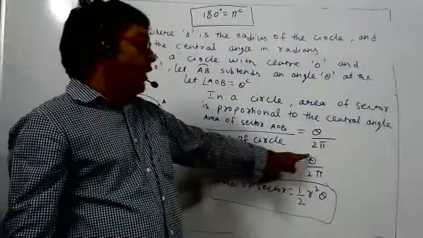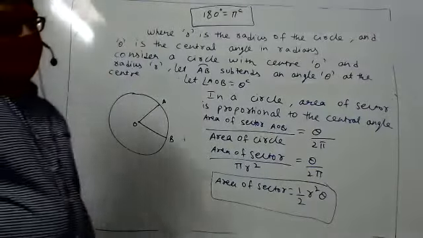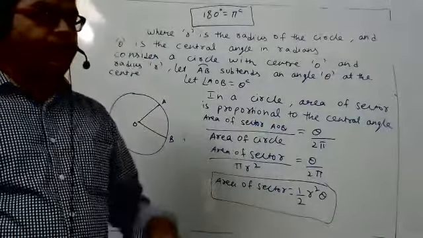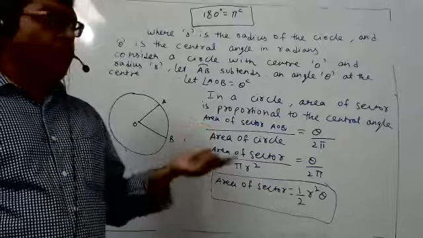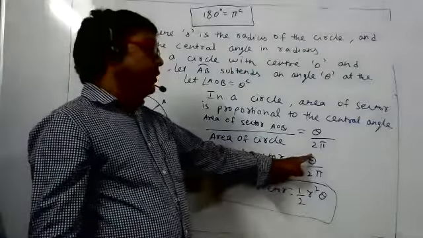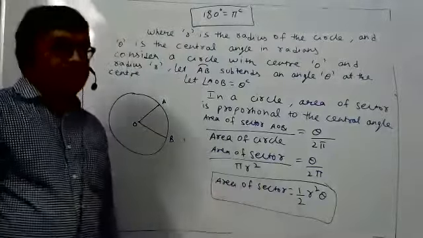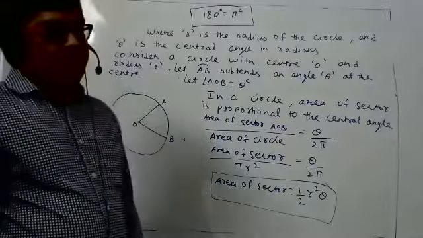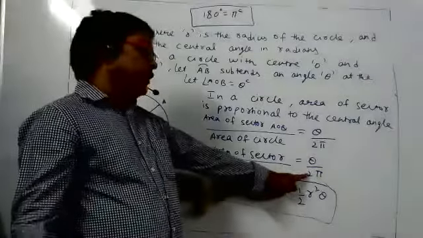Because the numerator angle is in radian, I cannot write the denominator in degree. In a ratio, the quantities have to be in the same unit. I cannot find the ratio of 2 meter and 20 centimeter. Both quantities should be in meter, or both in centimeter. That's why, since the numerator angle is in radian, the denominator angle also has to be in radian. So instead of writing 360 degree, I wrote 2 pi radian, because both are the same, like 1 meter and 100 centimeter.